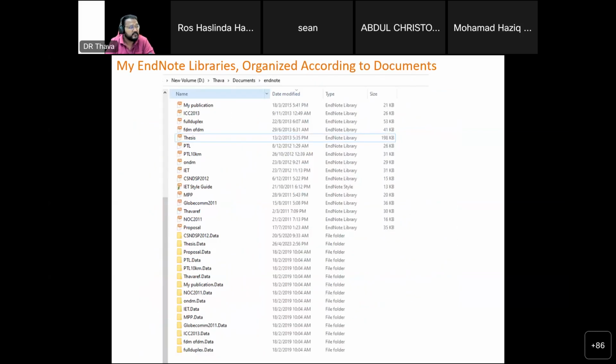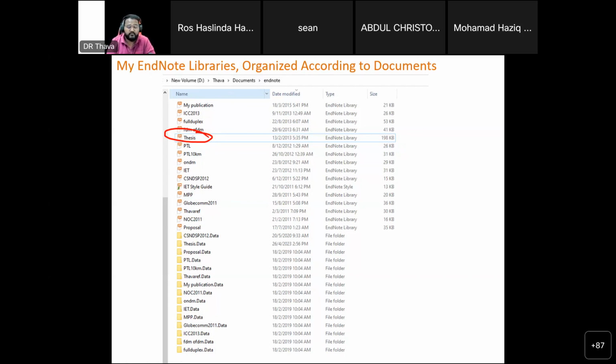Okay. Then I arrange all of the literature in my EndNote according to my documents. First I arrange them according to all the papers that I write. Then I combine the papers. Before I wrote the proposal, I combined them into the proposal. I finished my proposal. Then after the proposal, I wrote more papers. All these papers are after my proposal. Then at the end, I take all those references, combine them and make them into a thesis. This is EndNote. I never used Mendeley. At that point in time, Mendeley was not famous. EndNote was very famous, so I used EndNote. Even now I use EndNote. So then I combine into the thesis. And reference managers will remove duplication, so you don't need to worry.